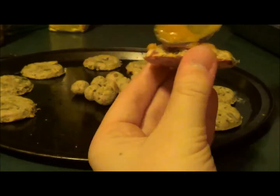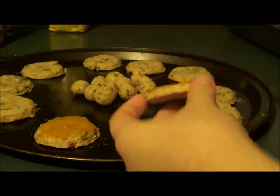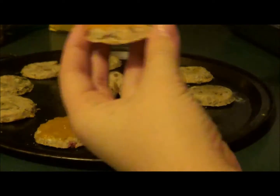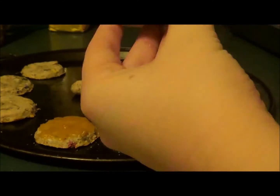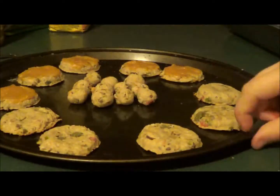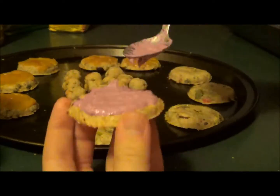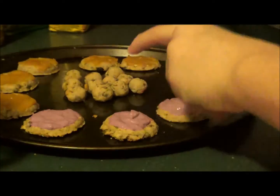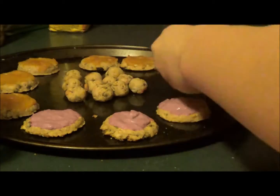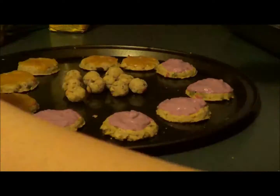Now just frost your cakes. The yogurt drop ones you would only want to feed about once a month, the bigger ones. And if you were to frost the smaller little balls in the middle with the yogurt drop flavor, then you could give those every 2-3 weeks. But the smaller ones you could give every week if you frosted them with the pink food color, the pink